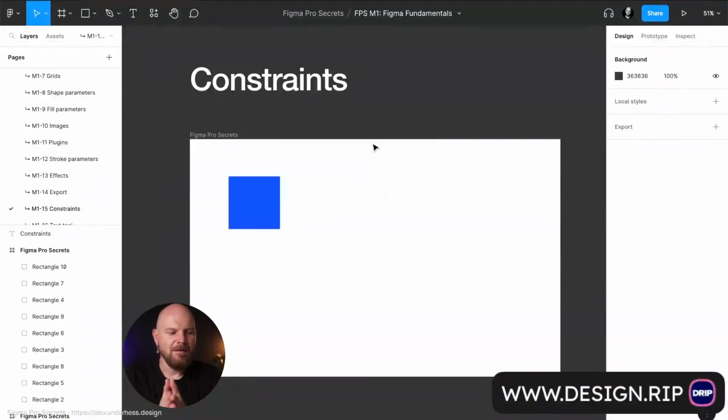Constraints. There are so many people who don't understand what constraint is and how it works. So that's why I want to explain it to you in this Figma Pro Secrets lesson. This is a fundamental part to understand when you're working with files, because once you understand how constraints work, it